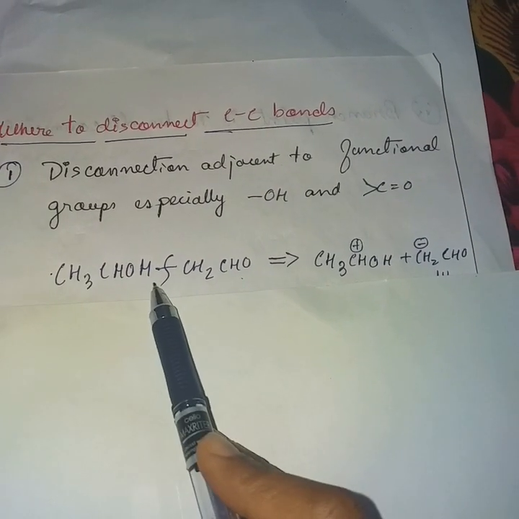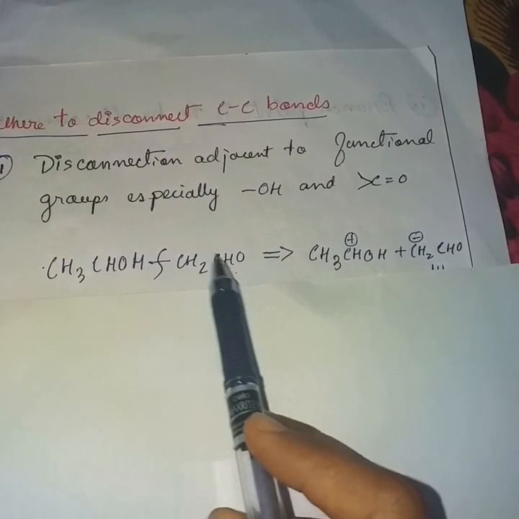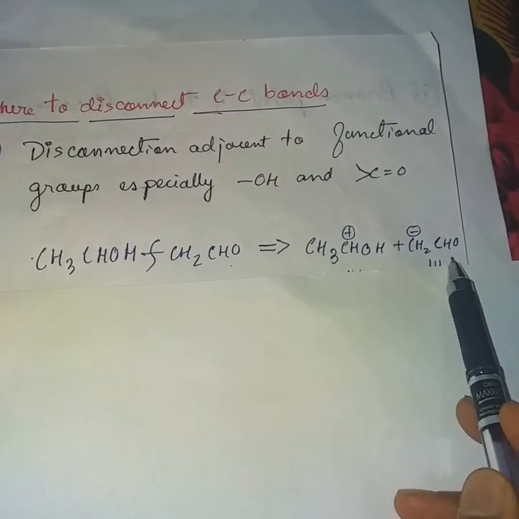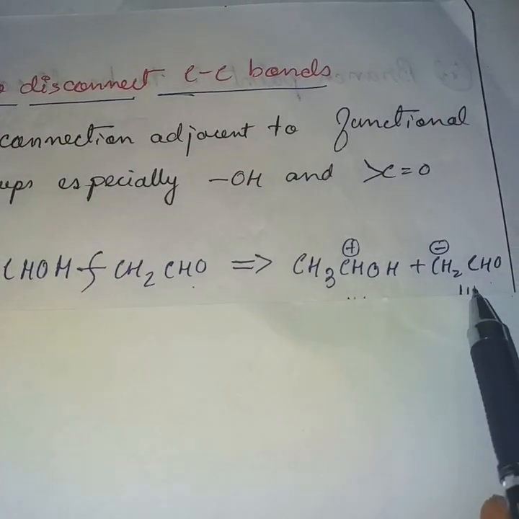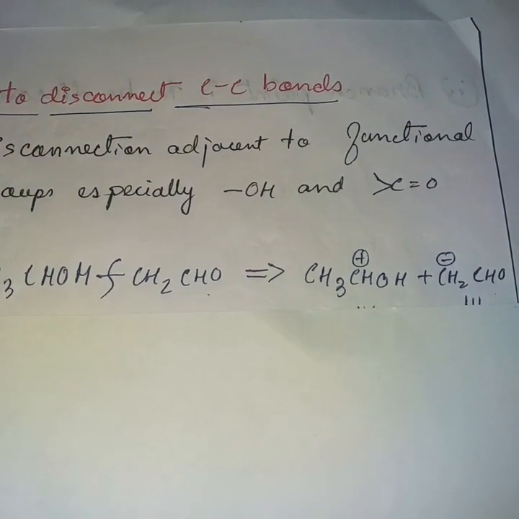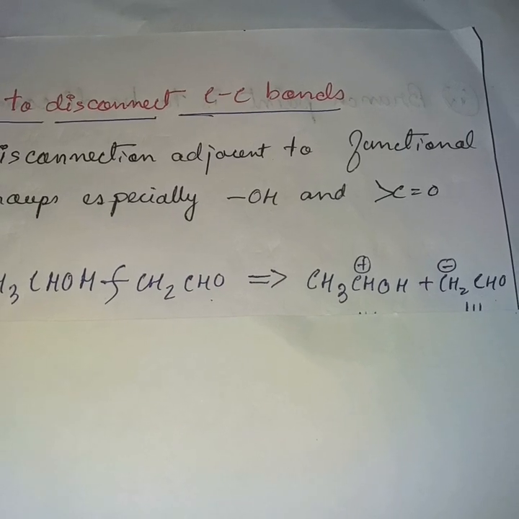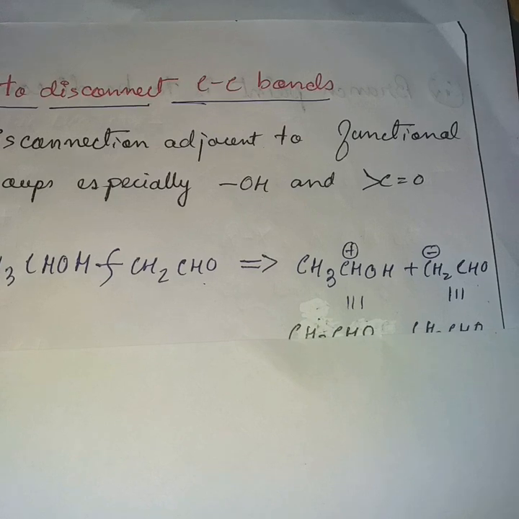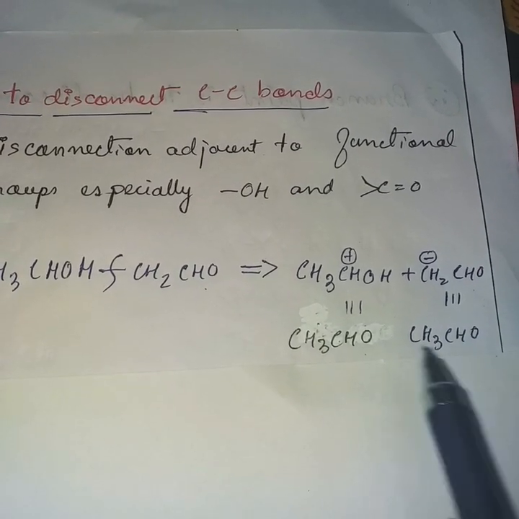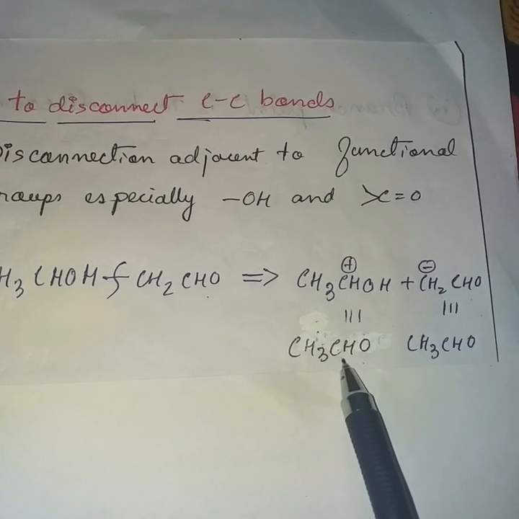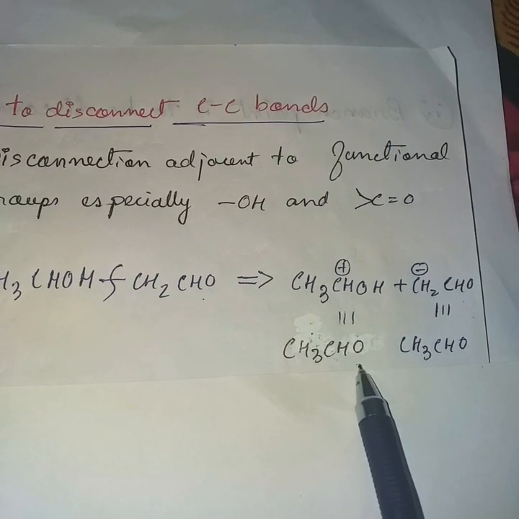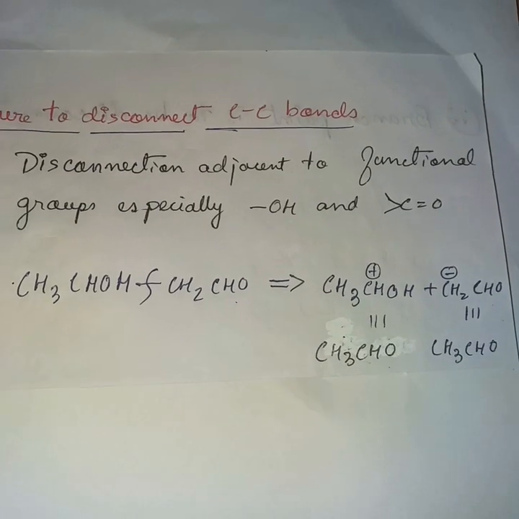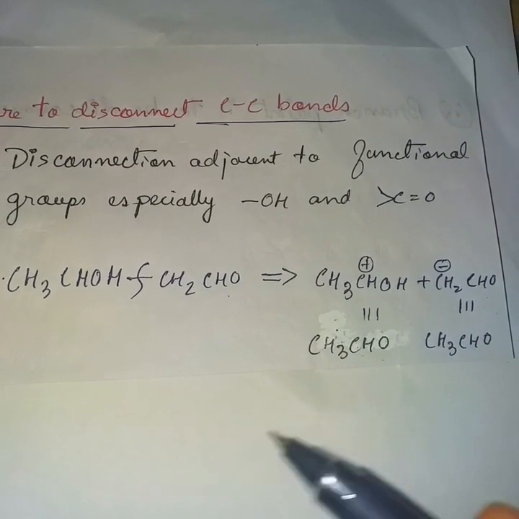See this compound. Here we have disconnected adjacent to the carbonyl group so that we get two types of synthons here. As you have already seen in the previous video, where I gave the list of electrophilic and nucleophilic synthons, from there you can get an idea of what the synthetic equivalents will be here. Alright, these are both aldehydes, and from here we can make the target molecule. We will see in our further chapters how we will make the target molecules.